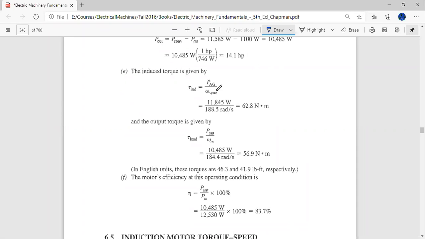So the synchronous speed will be not in RPM but in radians per second. Similarly, for this load torque formula, output power will also be in watts, and the motor speed, not the synchronous speed, has to be in radians per second. So you can find the efficiency of the motor by dividing P out over P in, and the efficiency comes out to be